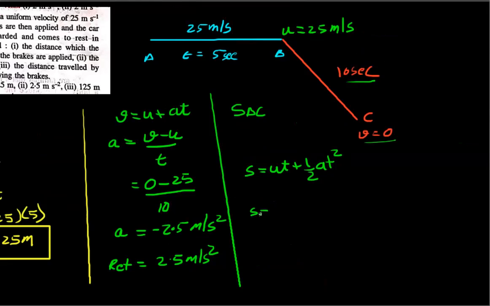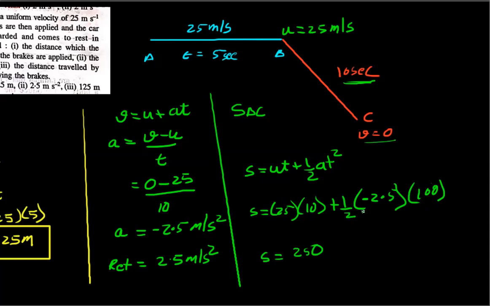So S equals initial velocity, which is 25, multiplied by time, which is 10 seconds, plus half. Acceleration is minus 2.5. Remember, it is retardation. So minus 2.5 multiplied by time square. Here time equals 10 seconds, so 10 square equals 100. So S equals